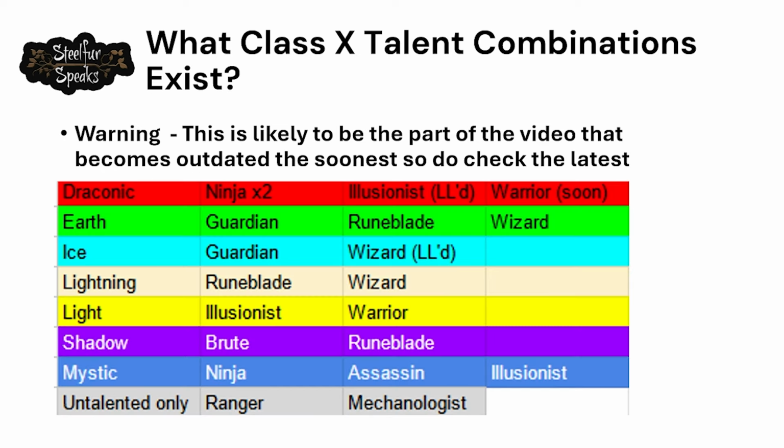So let's just run down quickly what cards, class and talent combinations exist. And first, just get the warning out of the way, because I want this video to be mostly evergreen, and I will update it when they add new talents, but I'm probably not going to update it when they add new class combinations, just because that'll be a bit more frequent. But for now, when I'm doing this video, this is the part that's going to get outdated the quickest, so do go and check it. But the current